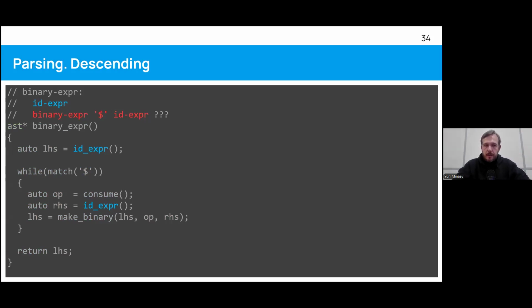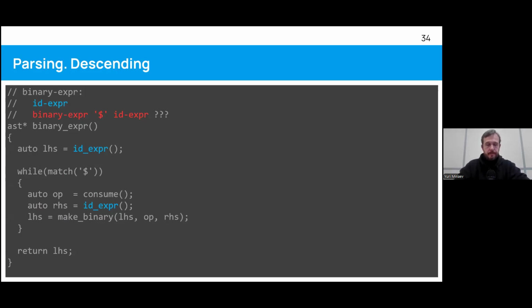To avoid that, we unwrap the grammar a little bit, and we do not use productions inside productions. We take the first sub-production from that target production and use that. In this case, binary consists of an ID expression. That's the first thing you can check in a binary production. So that second binary highlighted in red, we turn it into ID expression to avoid recursion.